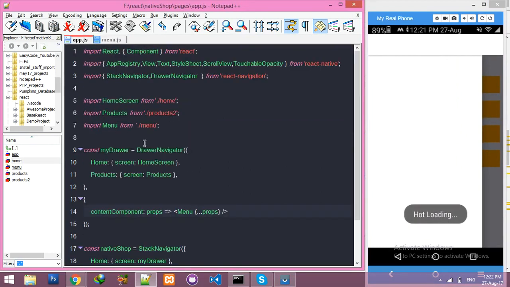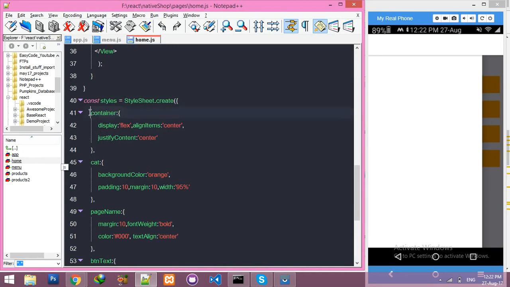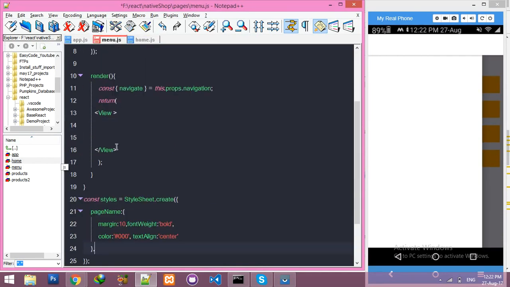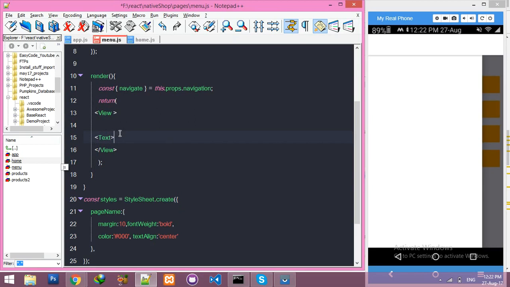Make it a little bit beautiful. In the home page we have one class for the container. That's nice, but we need a page name. Okay, paste here and text.